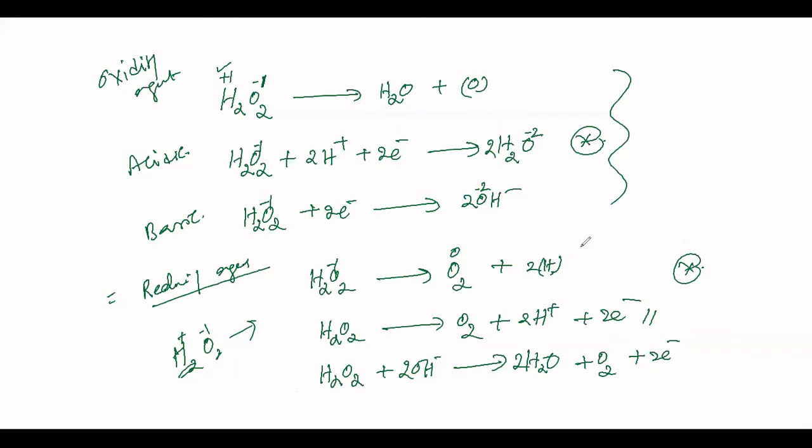What is the correct option? In option B, that is 2, H2O2 is giving oxygen plus 2H+. If you bring the electrons to the other side, that acts as a reducing agent, isn't it? Giving out electrons. So the correct option for question 1 has to be option B and D, option 2. Okay? Clear to all of you?